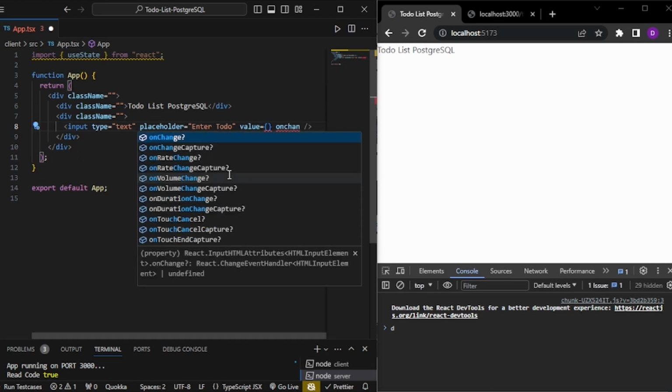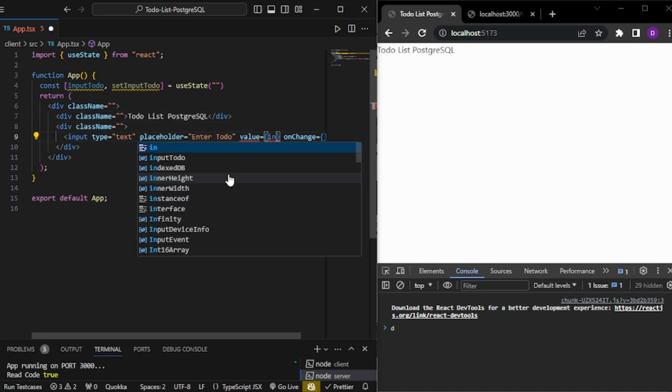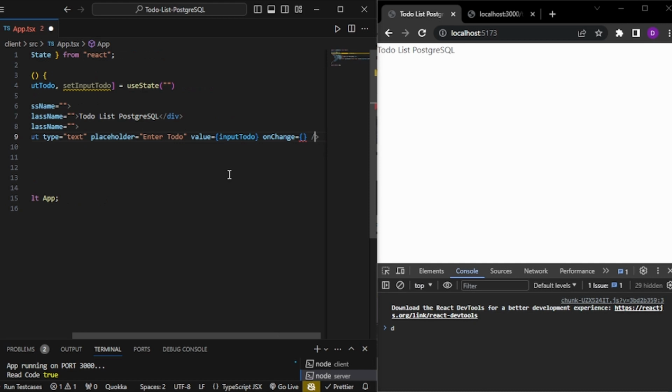To give these values, I also need to initialize one state variable. So let's initialize inputToDo, then setInputToDo. This will store whatever we are typing, equals useState with an empty string. Now let's give the value as inputToDo, and the onChange as e, and then setInputToDo